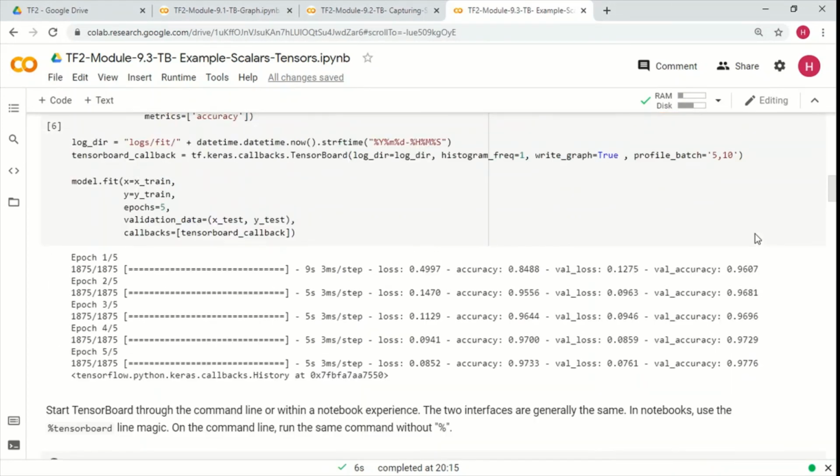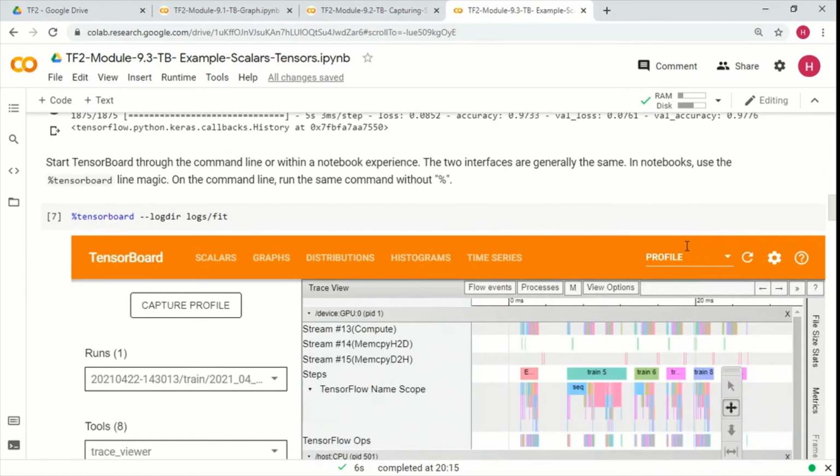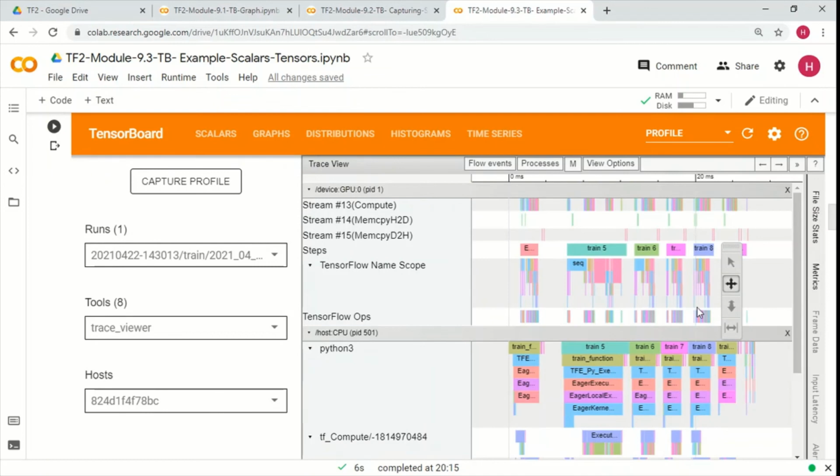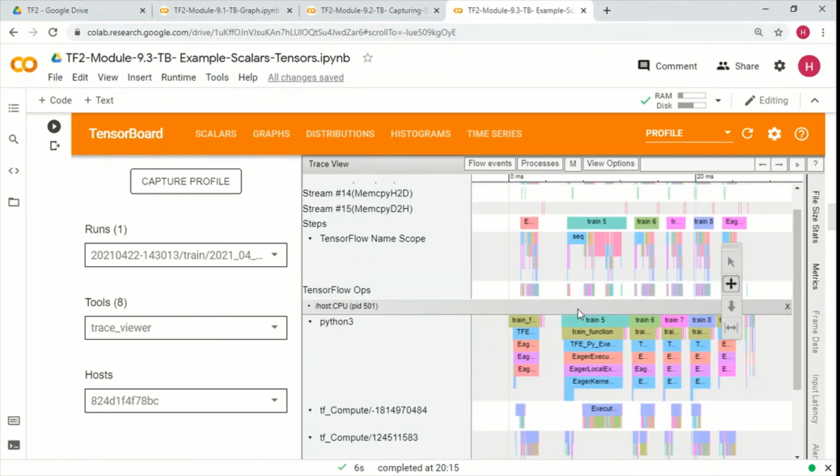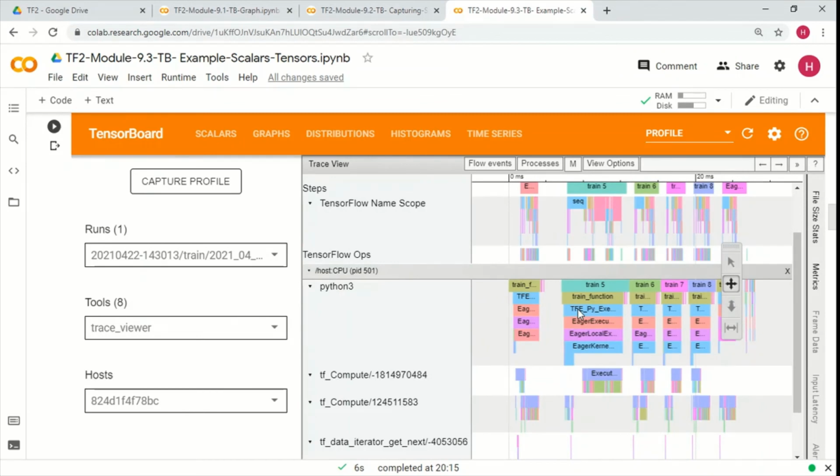We just turned on profile underscore batch, and that's it. And then we can come back here and check how the training performed. So this is very helpful when we want to figure out what the bottlenecks are during the training. Okay, so that's pretty much what we had on the notebook.